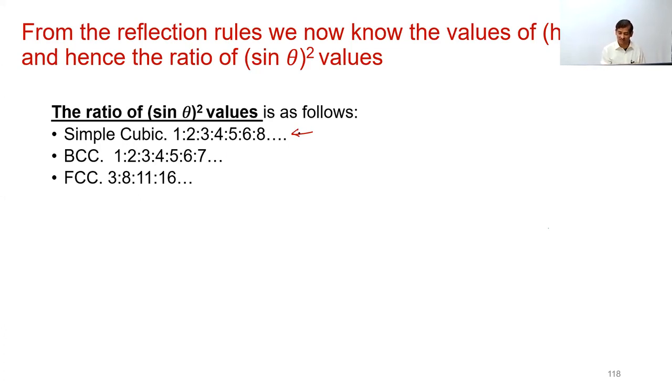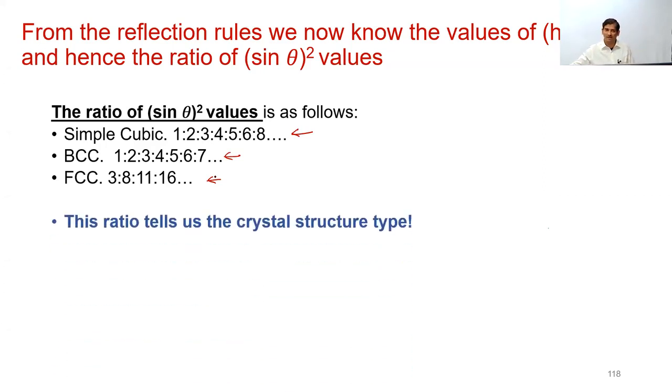For BCC, the ratio will be different. For FCC, the ratio will again be different. So taking the peak positions, that is the diffraction angle theta, taking the sine of that, squaring it, and taking the ratio of those sine square theta values will immediately help you identify which crystal system your new material is. So this ratio tells us the crystal structure type,